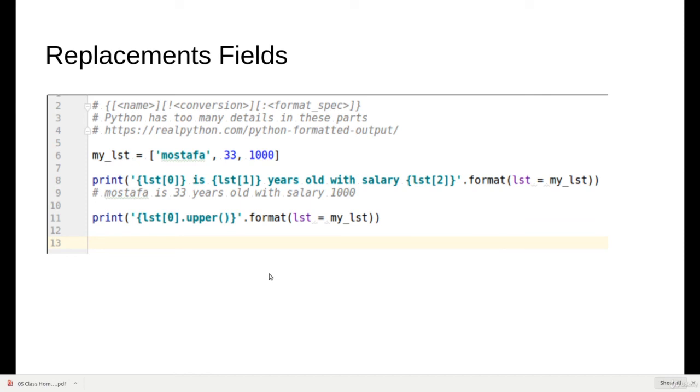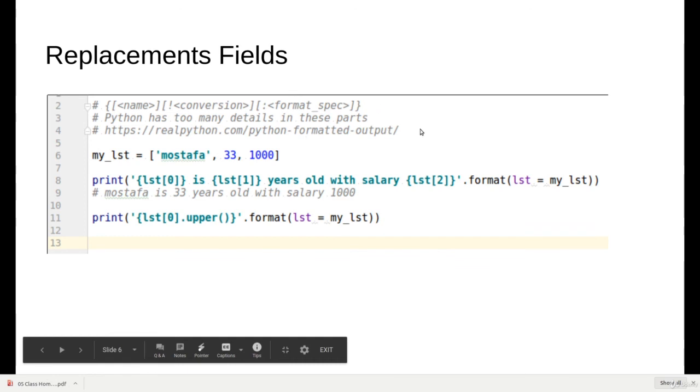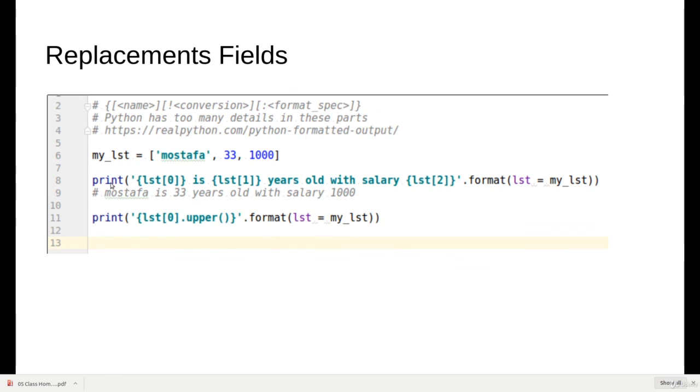Before ending, I would like to show you one more thing here, but there are too many details really, and I don't want to go that far into them. Let's say that you have a list and you will pass it as a keyword argument. You can actually write some complicated statements here. For example, I can say list of 0 dot upper here. What's going to happen is this will bring